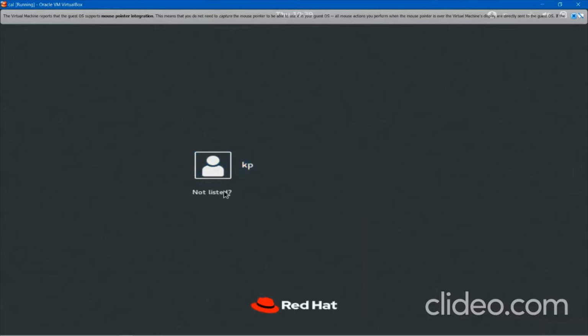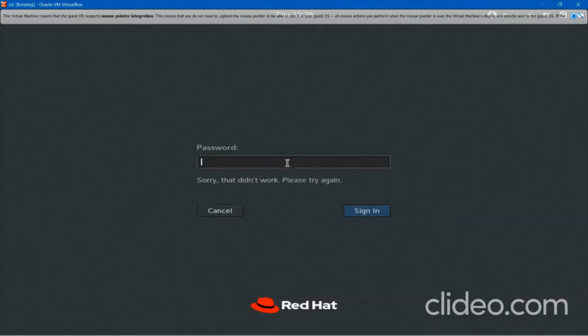Okay, so go to here, not listed, then click the username as root, then click on next, then give your password. Okay, the password was wrong, I think. Why am I putting the wrong password?